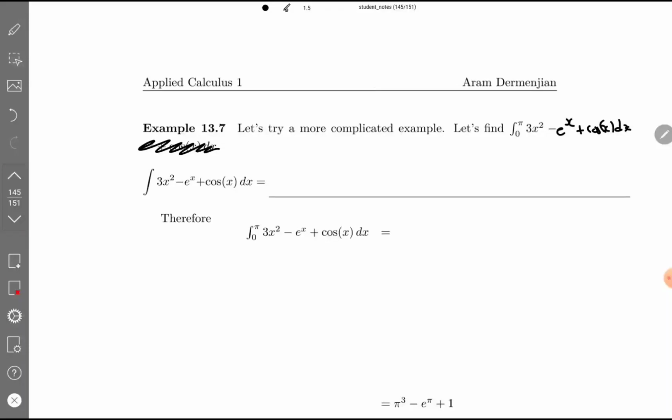Okay. So let's first figure out what the indefinite integral is in order to help us solve this. So what do we have? We have this. I can just use my rules in order to solve. So we've already seen this problem, yeah? Cosine of x dx. So here, this is just going to be equal to 3x cubed over 3